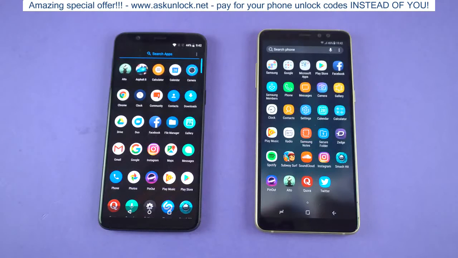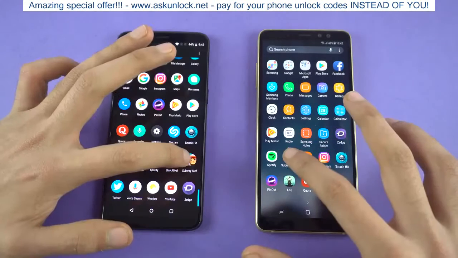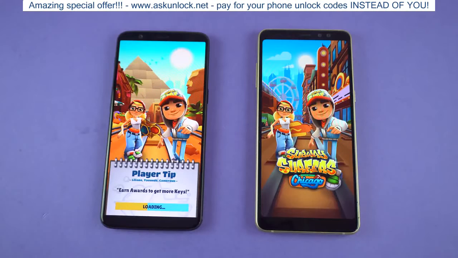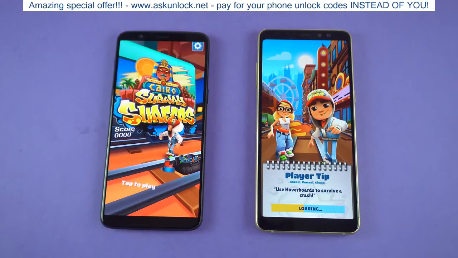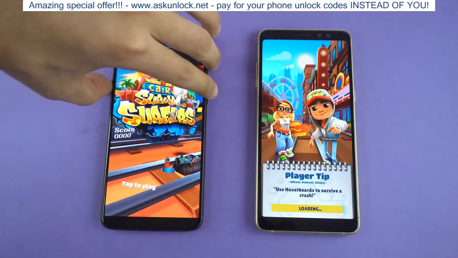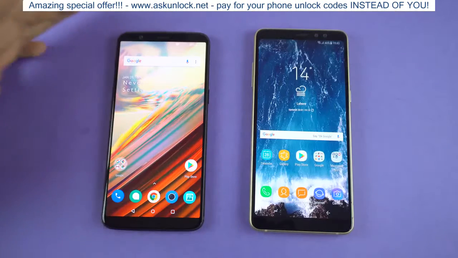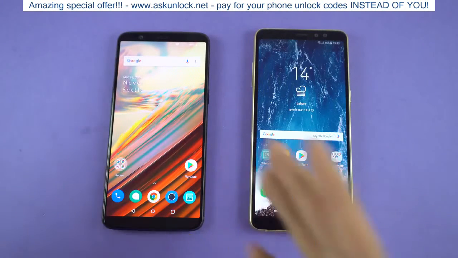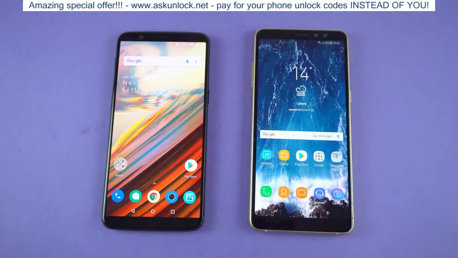Now we're going to get right into some third-party applications, starting off with Subway Surfers. So this is the game we have, and let's see. Okay, OnePlus 5T. Easily done there. Just gonna increase the volume. In game loading times, you will definitely see a lot of difference between the Snapdragon 835 versus the Exynos 7785